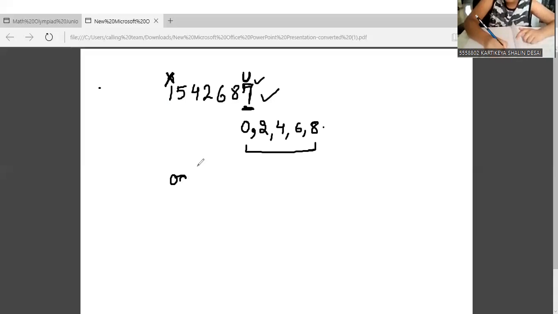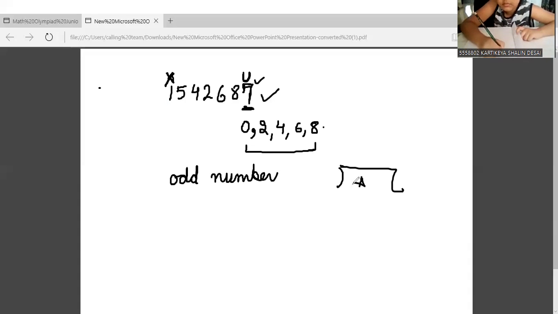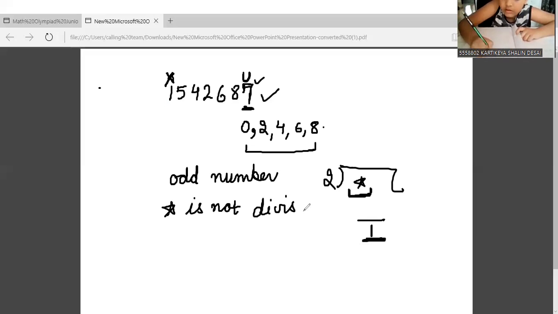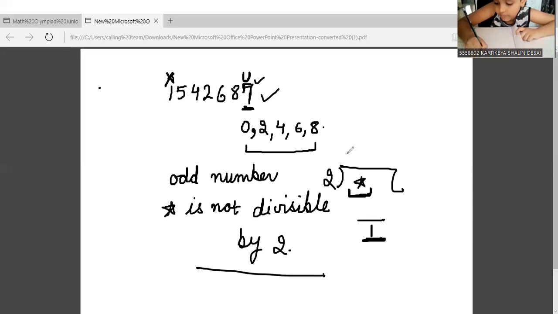So whenever we have any number which is not divisible by 2, I mean, if I take a dividend and 2 is the divisor, and the remainder is coming out to be 1, the remainder is not 0. So I'll say that this number, which is the dividend, is not divisible by 2. This is the term we use. Guys, there is a difference between these two terms, divided by 2 and divisible by 2.